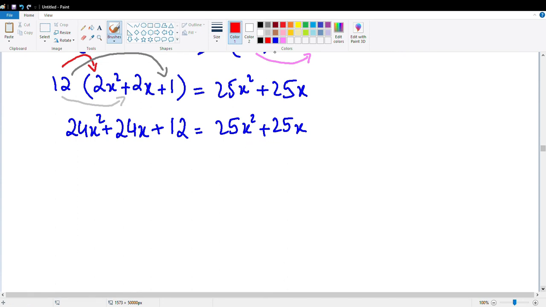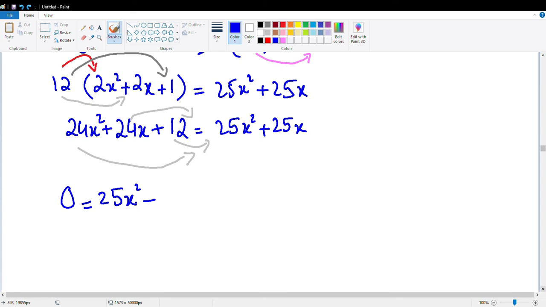So what we're going to do is move all of these terms, meaning 24x squared, 24x, and 12. And we'll get 0 equals 25x squared